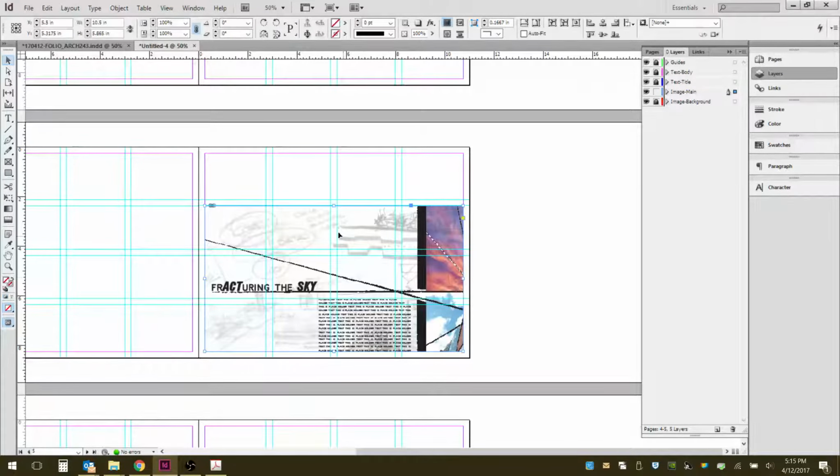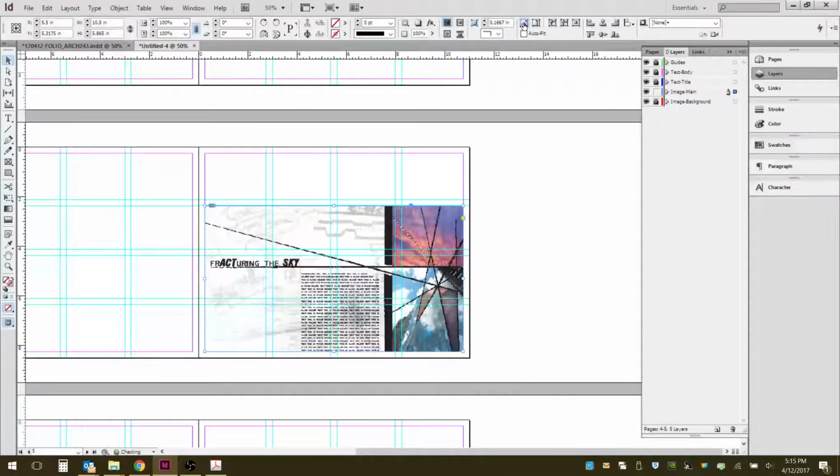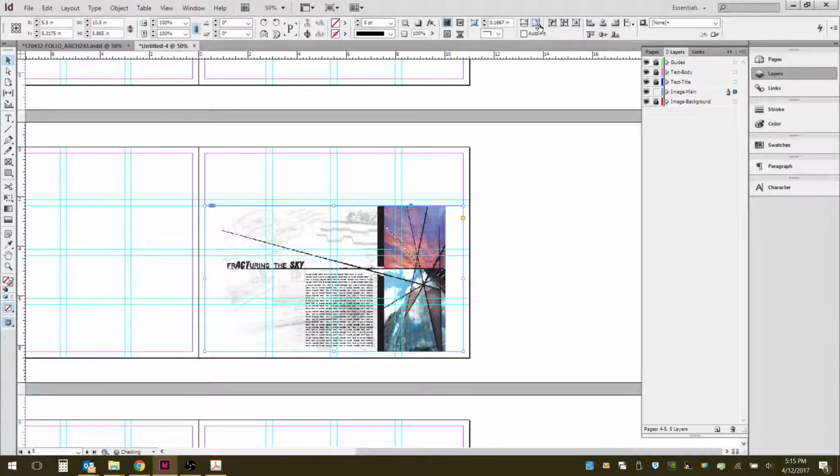So I can just select this image. Right now it's obviously cropped in a weird way, and some of these presets will help to rectify that. So fill frame proportionally, it's going to maximize one dimension within the frame, or in this case it's going to fill the content proportionally to make sure the actual photo montage is going to fit in there. So in this case it's not quite working with the grid, and again, it doesn't have to fill up a whole